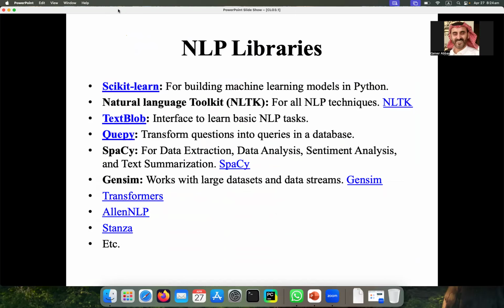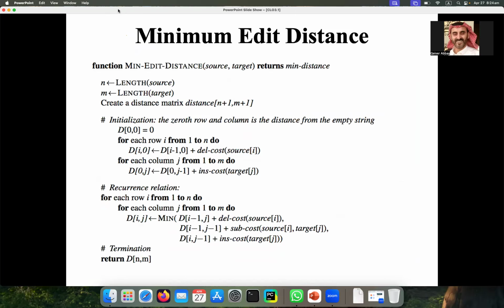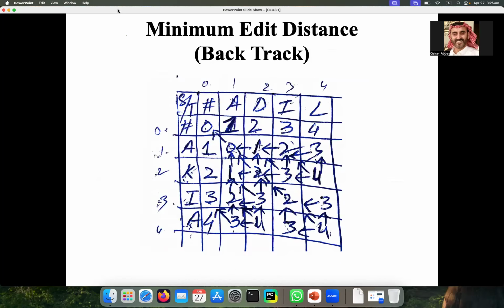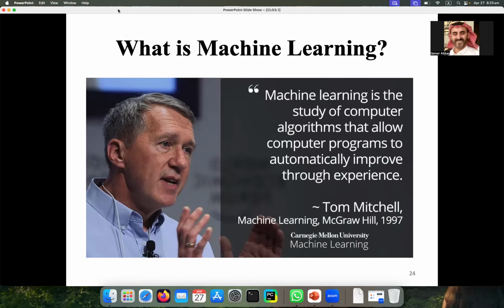So this is if you are not forgetting. The last CLO is about NLP, about AI domains. First we talked about NLP, and now we are talking about machine learning, and at the end we will talk about deep learning. NLP we have ended already, and now we are going to take an introduction to machine learning.